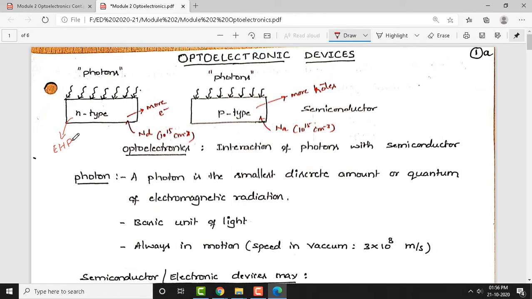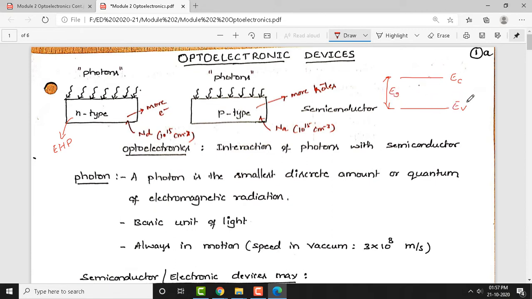process takes place. Hope you are already aware of what we mean by the electron hole pairing process. Suppose we have an energy band diagram, as we have seen. The upper level is the conduction band energy level, and the bottom one is the valence band energy level. The distance between them is the forbidden gap. Let me call this distance EG, the forbidden energy gap.